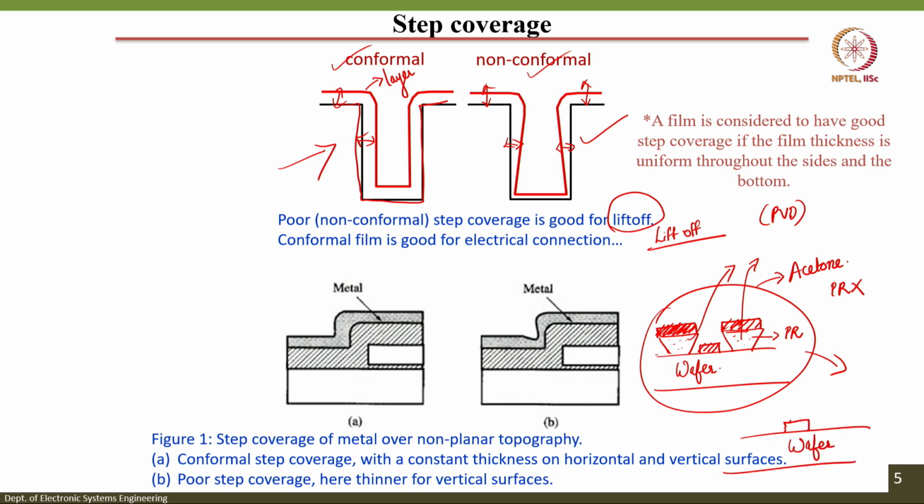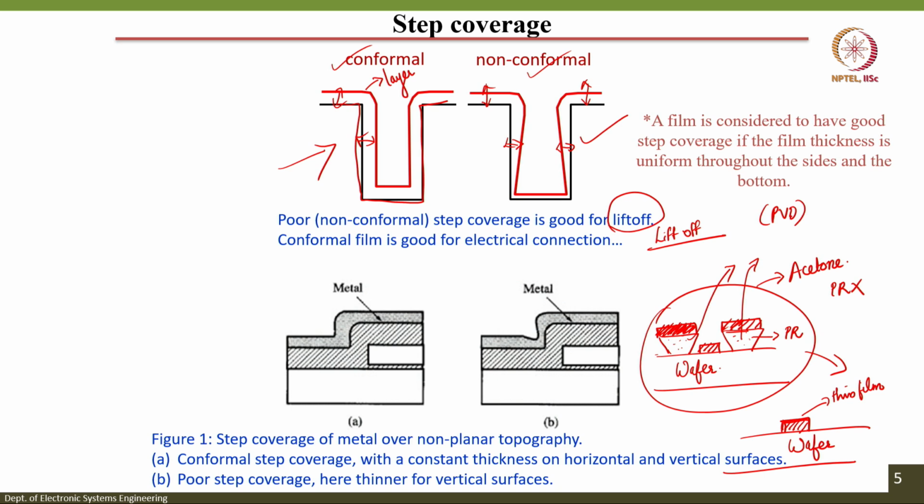you will have a thin film of metal or whatever material directly above your wafer. This is a thin film existing above your wafer. It is because acetone has dissolved your photoresist, therefore the metal layer above the patterned photoresist will also be removed. So, this is just the thin film that is existing above your wafer. So, when you think of an application where you are using a lift-off